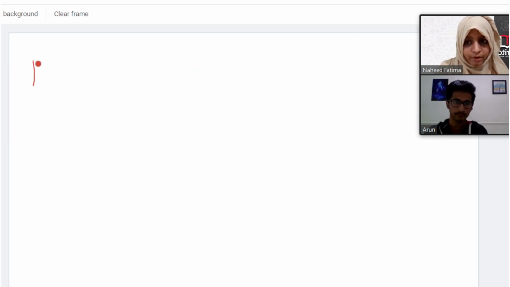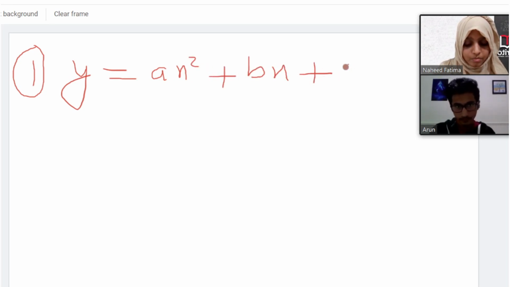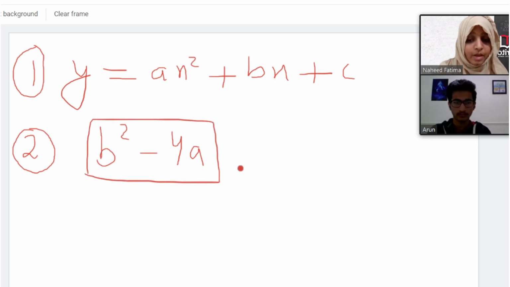Now the first step will definitely be, whatever equation is given to you, you will compare it with the standard equation, that is y is equal to ax square plus bx plus c. The second step would be, you will check the value of b square minus 4ac. Whatever values you get for a, b and c, you will put in this expression. And if the value is coming as 0,